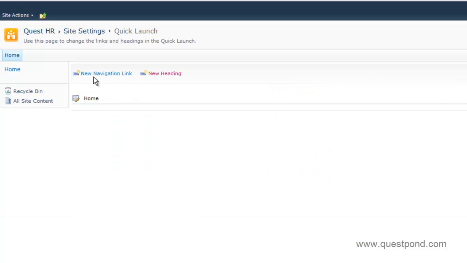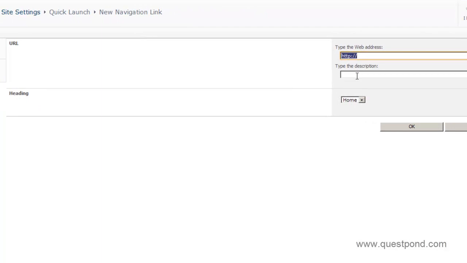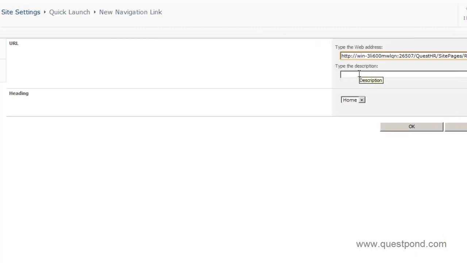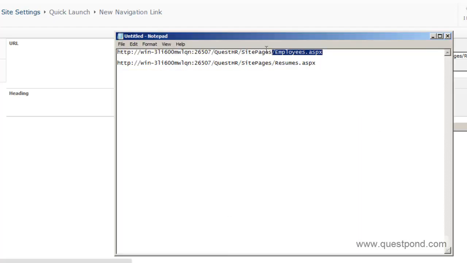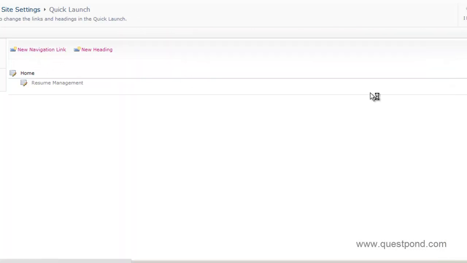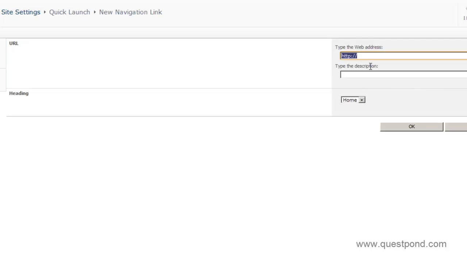I'm going to say okay, I now need 2 new navigation links over here which will actually be inside this home link. The first one goes for uploading resume. So I'm going to do a Control C here, Control V. I'm going to say okay, this is for uploading resumes, or else resume management, looks better. Resume management. Say okay, and the other link is for the employees database. So I'm going to do a Control C and again say a new navigation link, and this one is for, I'll say search employees or store employees.